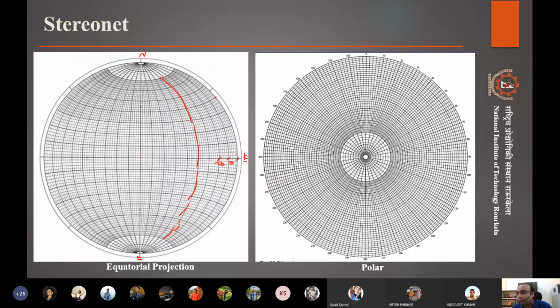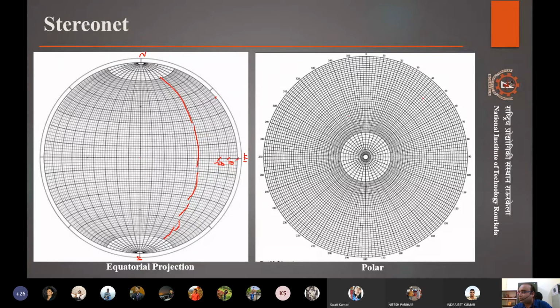Now the question is, you might be wondering, if this is done, then there are only like 180 planes that can be there. But actually what happens is this plane basically represents a plane that has a strike in the north-south direction. If we want to plot something that has a strike at other angles, we will have to rotate our stereo net. And how we do that, that will be seen.